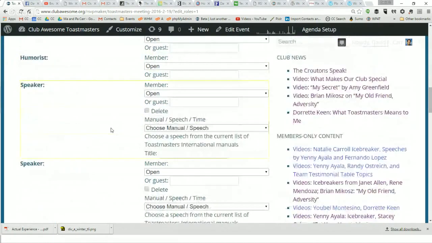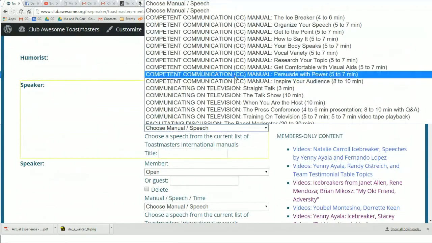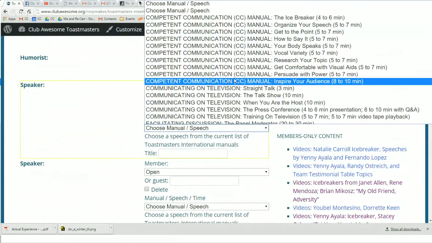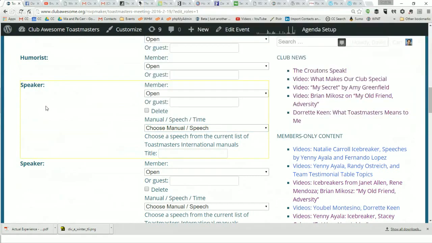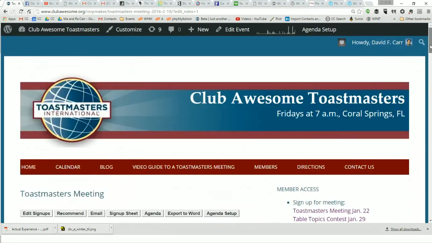If I'm putting in a speaker, there's also a place where I can choose the manual project. Okay, so that is not too dissimilar from what is available on Free Toast. I actually have some ideas about how this needs to be re-engineered to make it better. You've heard that there's this revitalized educational program coming, so some of the items on this list are going to change, but I think we're still going to be looking to get people signed up to fill roles at our meeting. I don't think that's going to change.